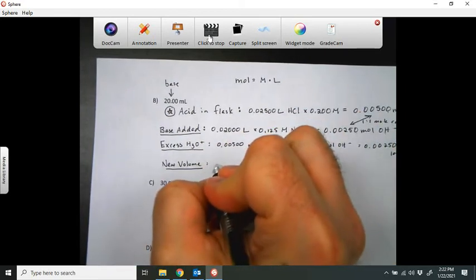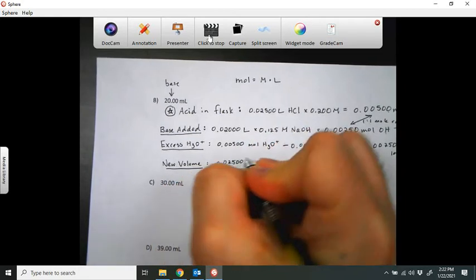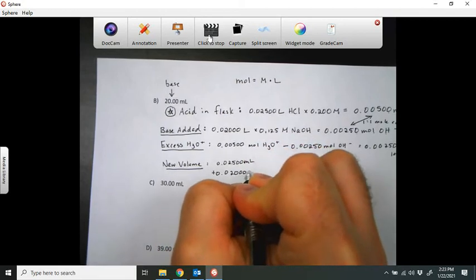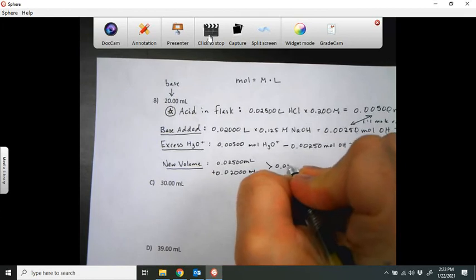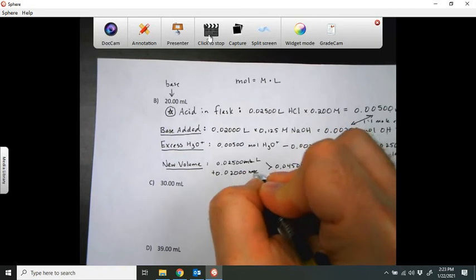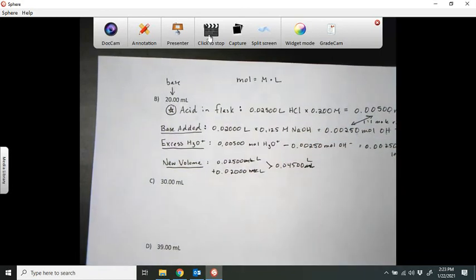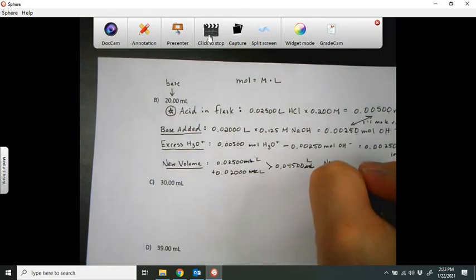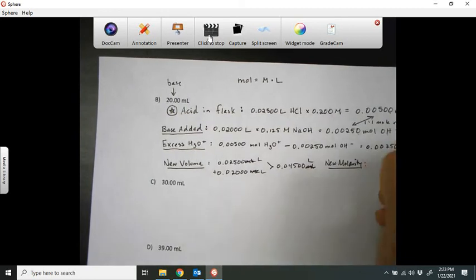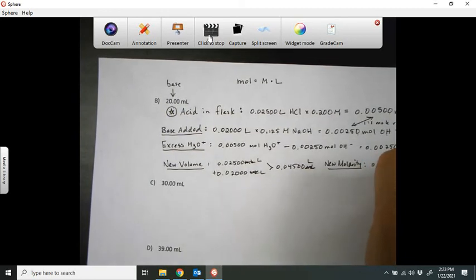So we had 0.02500 liters plus 0.02000 liters. That gives us 0.04500 liters. Now we can calculate the new molarity of the acid. So we have 0.00250 moles of H3O plus over 0.04500 liters, which gives us